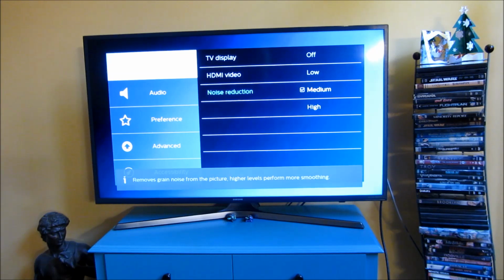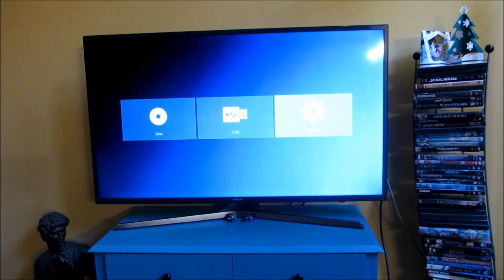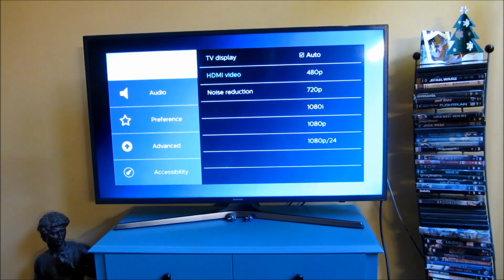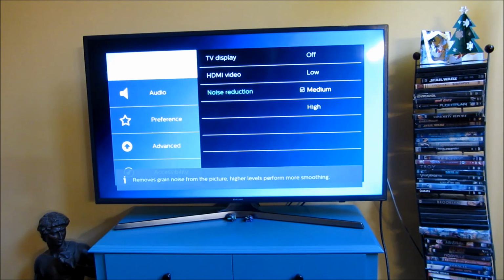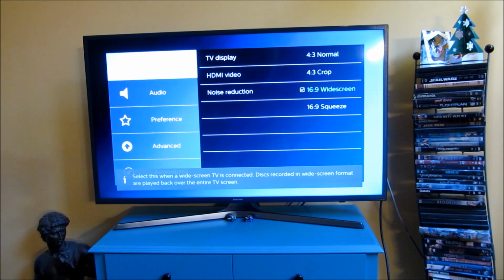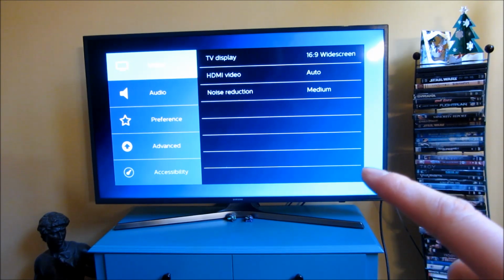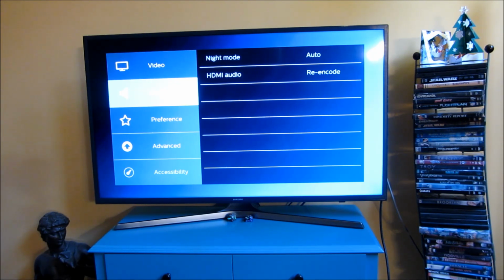and you could see this is the HDMI video, or actually this is the noise reduction. So this is what I mean. This is very hard to navigate. And you can see this is the HDMI video or noise reduction. This is the TV display. This is the HDMI video. So I suppose I can choose particular right there, the widescreen. Now I'm going to go back. You can see now I have the display is widescreen, the HDMI video is auto, and the noise reduction is medium. Now for the audio